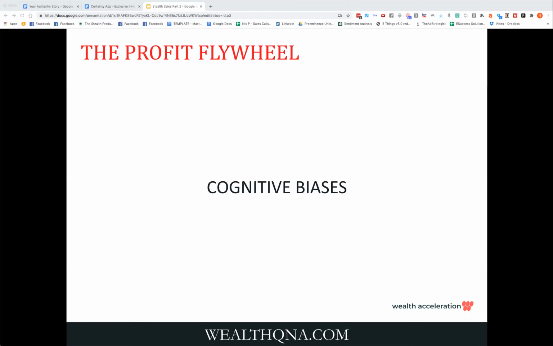So that differentiation was important for me to understand, that when I'm participating in these should statements, I'm creating these negative feelings about the future. And I'm sort of, to a degree, creating suffering for myself. And so the idea behind understanding these cognitive biases is that in order to effectively create our authentic story, we have to be in a neutral position